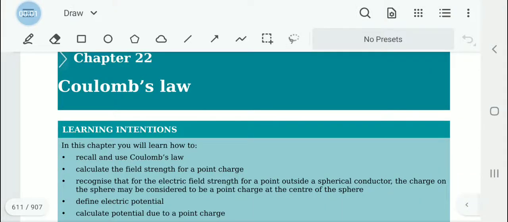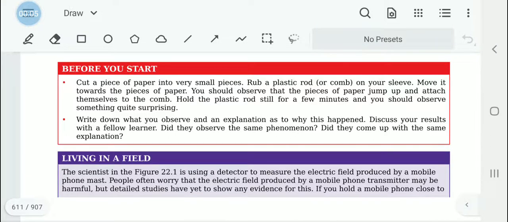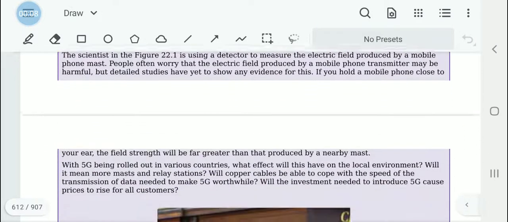Physics, Chapter 22, Coulomb's Law. So this is a continuation of the earlier lessons on electricity. So far we have learned